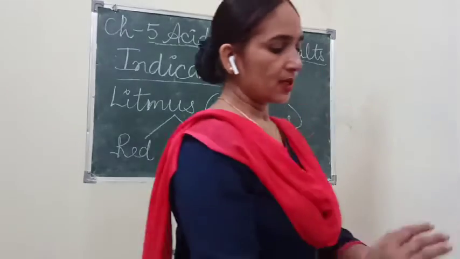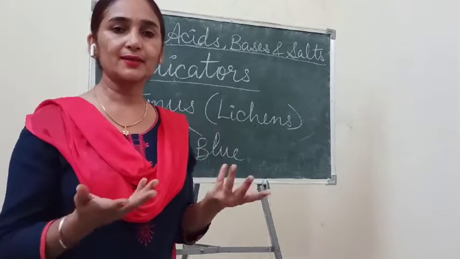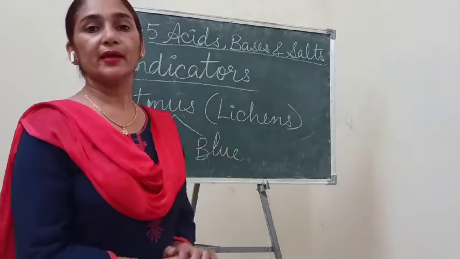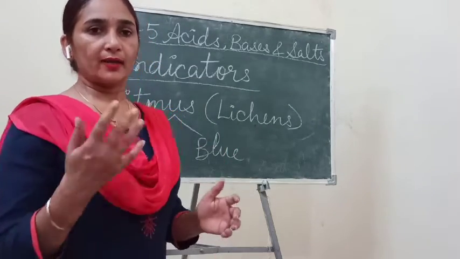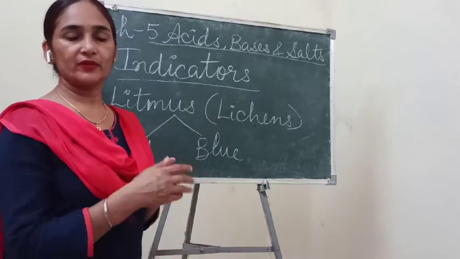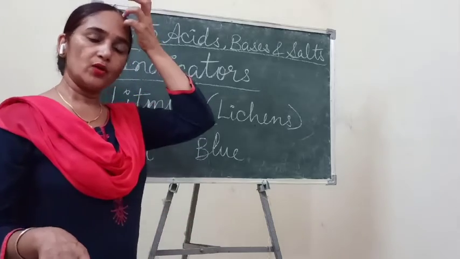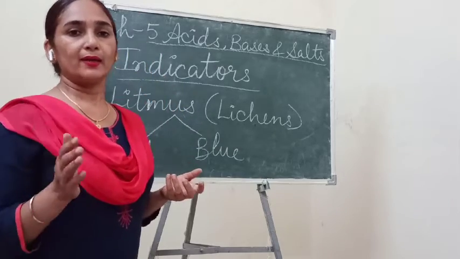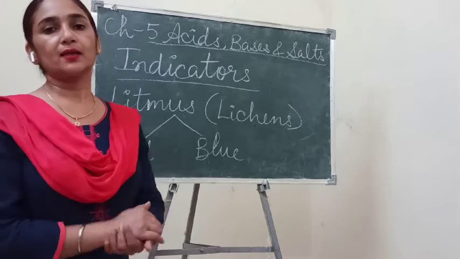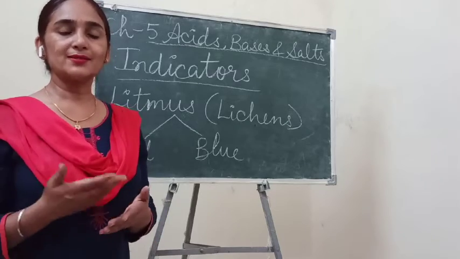So children, this is about bases and acids and how we can detect the presence of base and acid with the help of these indicators. Okay, so I think you have understood better with the help of these kinds of activities. These activities are also given in your book. You can read it out and then you will understand properly. After this, we will start the next topic, with more detail about acids and bases.